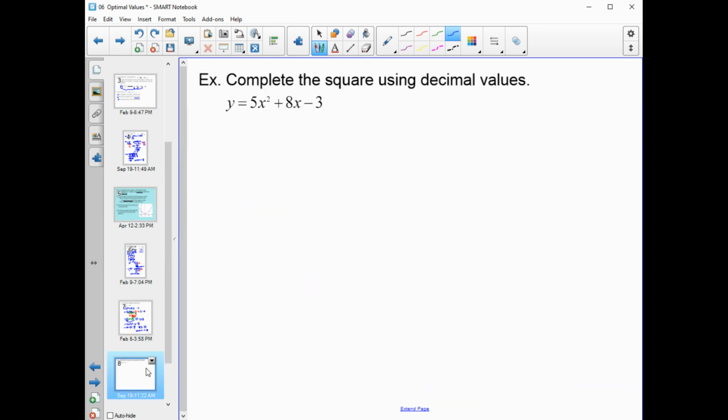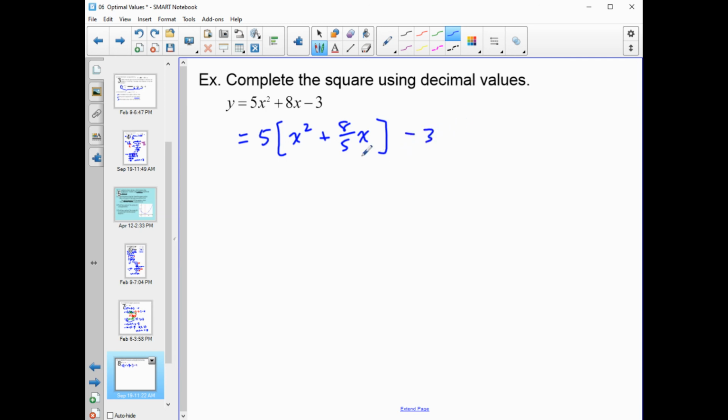And for our final example, just to show you, although I was very heavily emphasizing fractions in this lesson, you can also sometimes use decimals. The important thing is, if you're going to work with decimals, they have to be what are known as terminating decimals. And I'll show you what that means in just a moment as soon as I start my steps here. I have to factor out that leading 5 from the first two terms. That becomes x squared plus 8/5 x